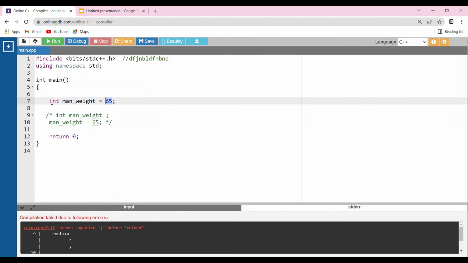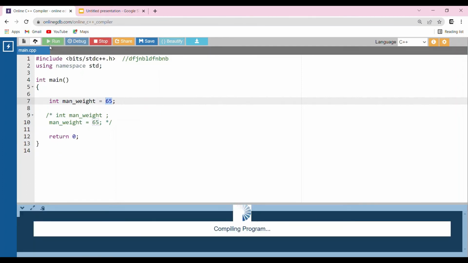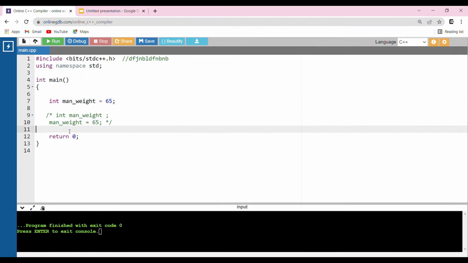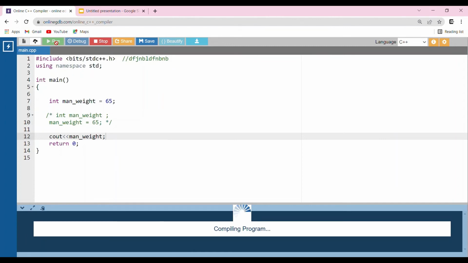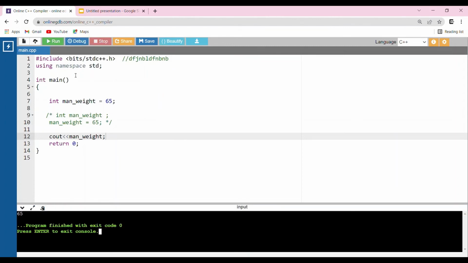Let's run this. Okay, we need to print it, right? Semicolon must. The man weight will print the value stored in man weight. It is nothing but 65.